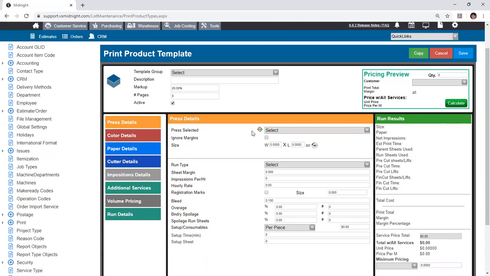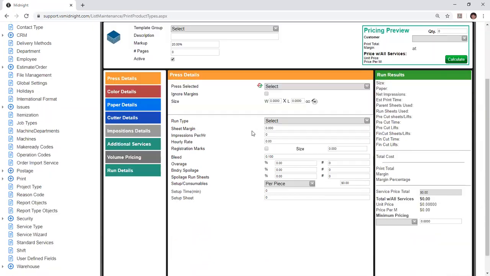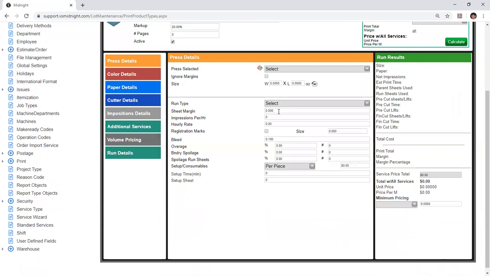Additionally, within the template menu, you do have one option that you don't have within the order or estimate screen itself, and that is the minimum pricing. You can set minimum pricing up within the template, which does two things. One, it can be a minimum unit price that you force the job to have as far as the minimum goes, preventing your team from quoting a number too low. The other thing you can do is do a total with all services,